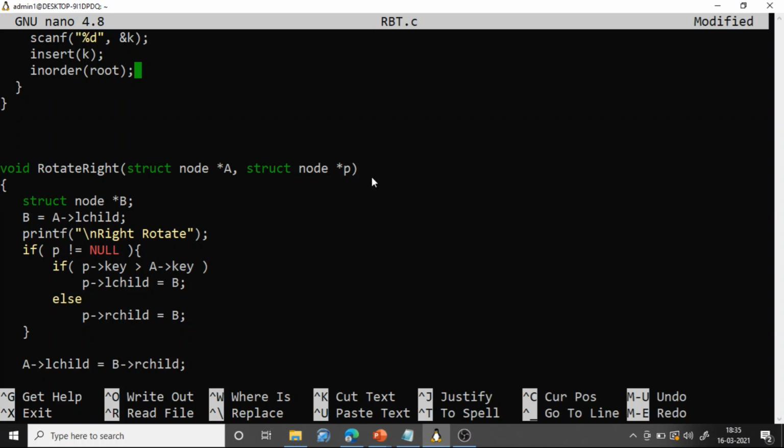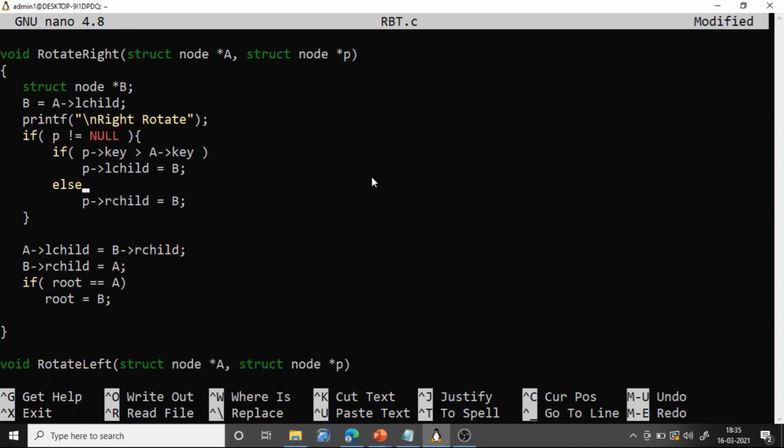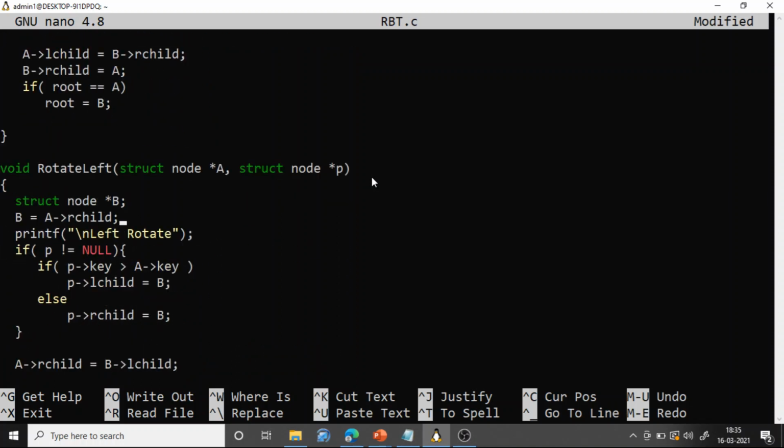With this we are rotating. And here you need not update the height; that height-updating code I have removed. Similarly for rotate left, the code is entirely the same. I have not changed anything. The first parameter is the node you want to rotate. The second parameter is its parent.